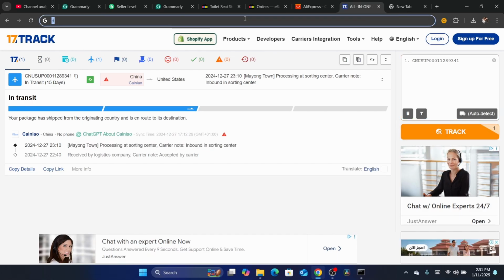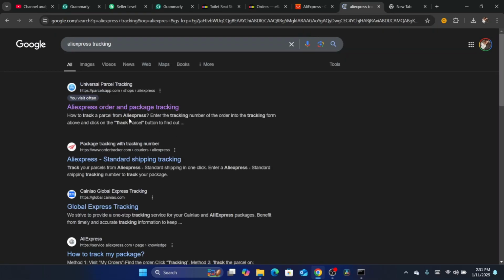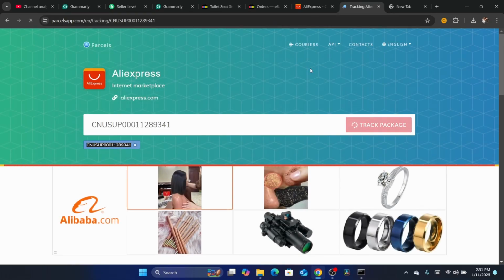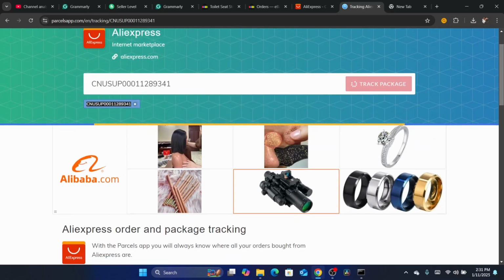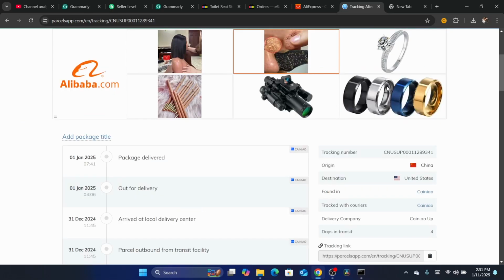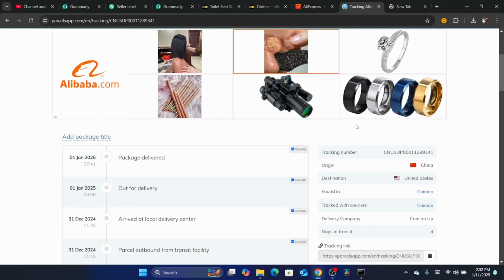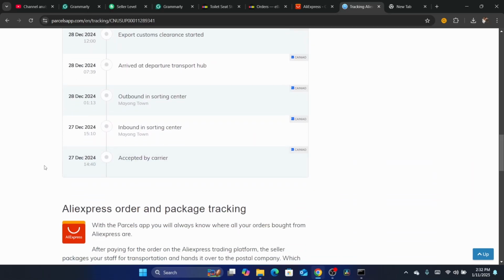I'm going to track this on another site, for example, AliExpress tracking. I'm going to paste the tracking number here and click on track package, and I'm sure that the item took no more than 10 days. As you can see, guys, the product was delivered on 1 January, and the buyer placed the order on 27 December.